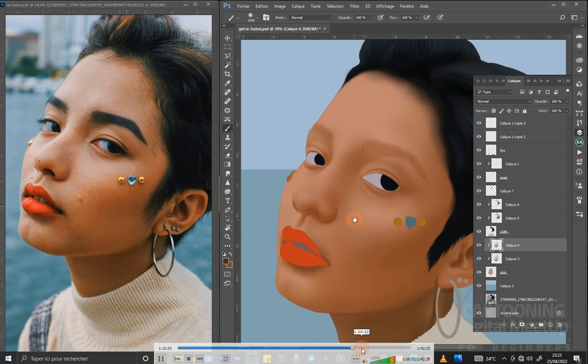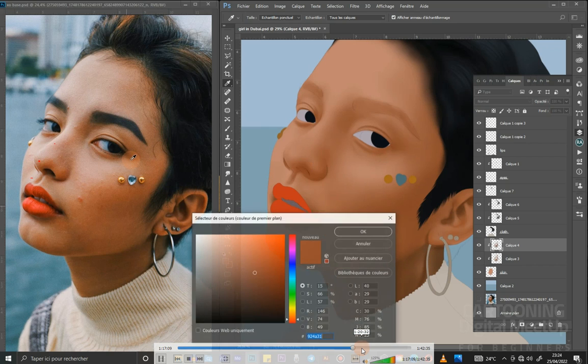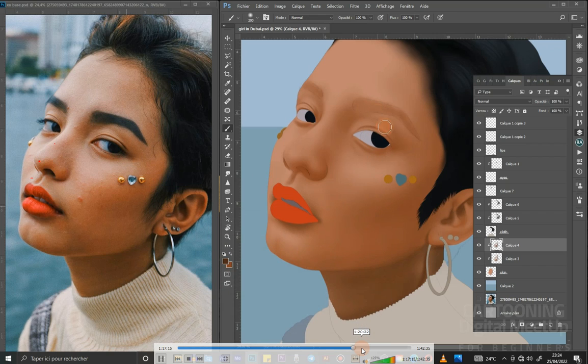So when it comes to selecting colors, select the real colors, even if you think it is dark and it's not looking like the original picture. Keep going until you finish the painting process. This place, the place of the eye, is more dark. That's why I'm painting all the darker places or areas,